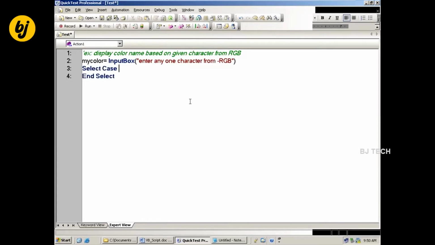Now select case my color. Case R: message box, say that your choice is red.